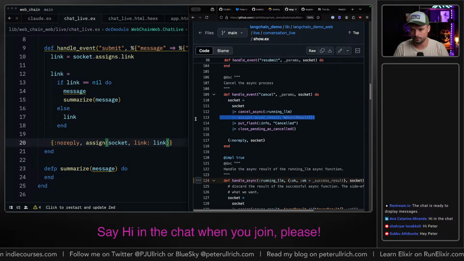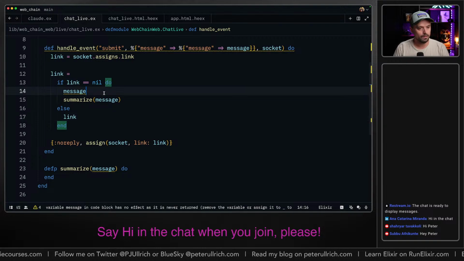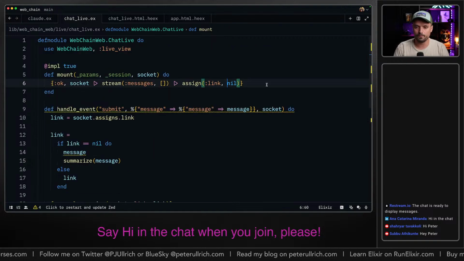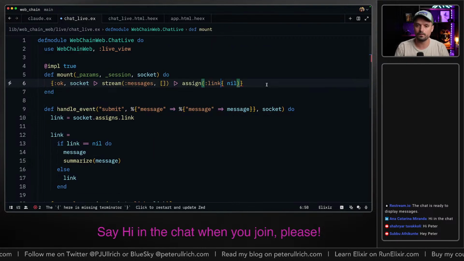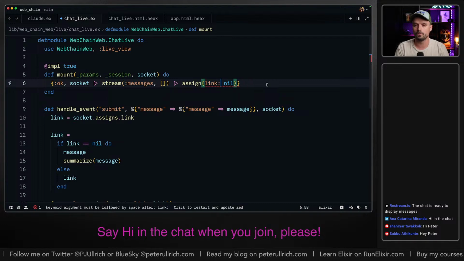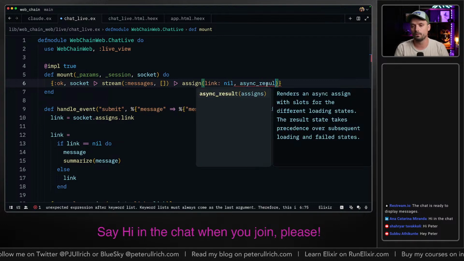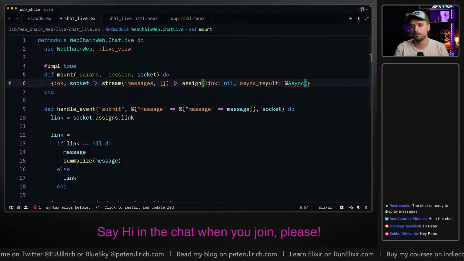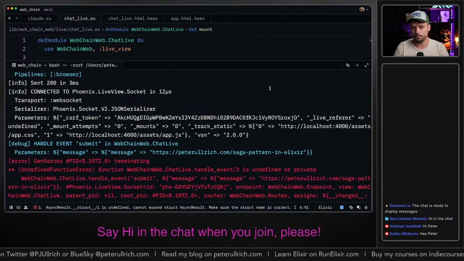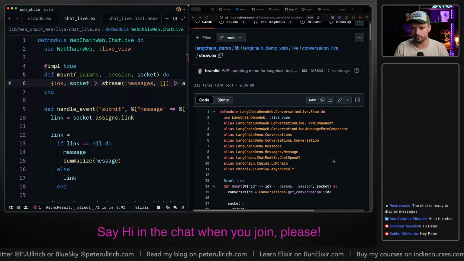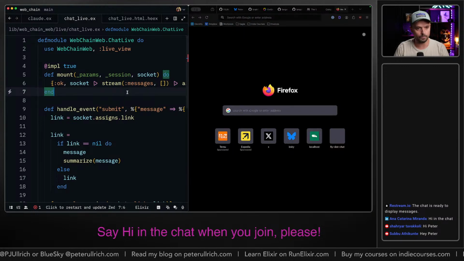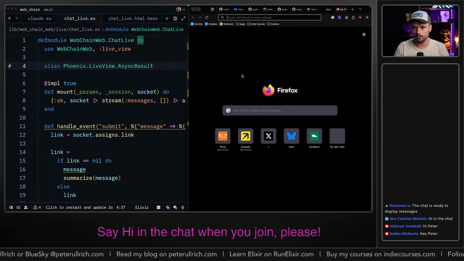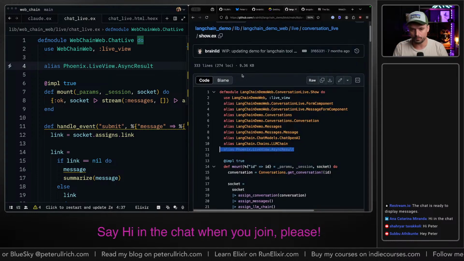Yeah, cancel. So we're just assigning an empty async result in the beginning, because then we can show a spinner and say, hey, we're processing or something.